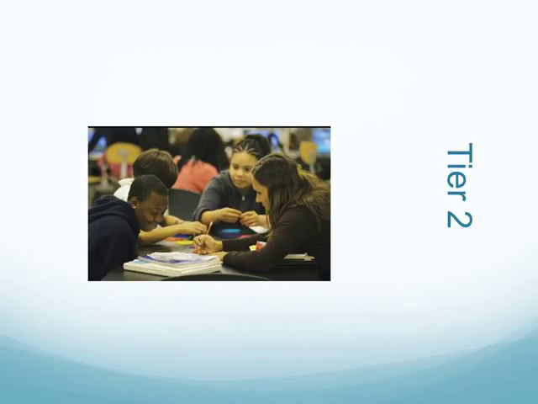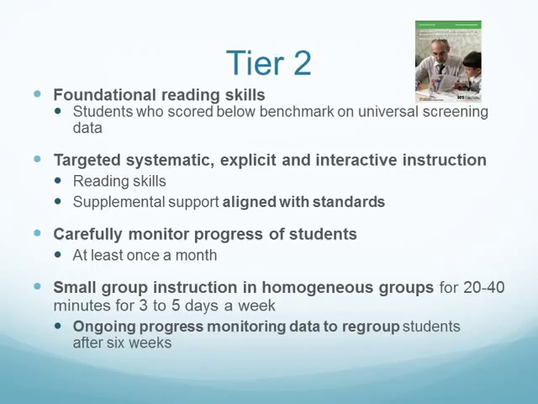Let's begin with effective Tier 2 instruction. When we consider Tier 2, the focus of instruction should be to take a look at the gaps in reading that pose a barrier to learning. This recommendation is to provide up to 3 foundational reading skills to students who score below benchmark on universal screening